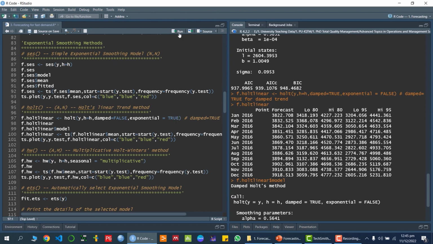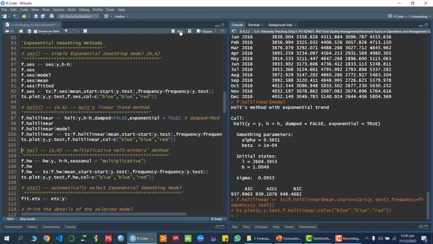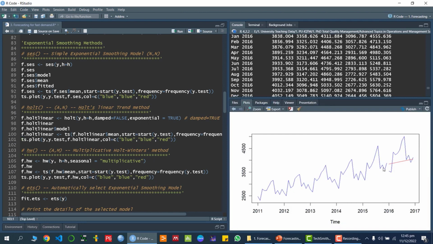Okay, and now if I'm running this one, with the help of Holt's exponential trend method, we are getting these prediction values. Okay, so I hope you got the idea how we can apply the simple exponential smoothing method in R, as well as Holt's linear trend method in R, as well as damped trend perspective. Similarly, if you are interested in exponential smoothing, right now by default it is applying the additive. Let's say if I want to apply the Holt's exponential trend method with multiplicative approach, then you can write down